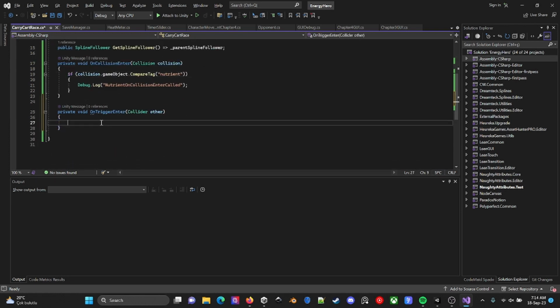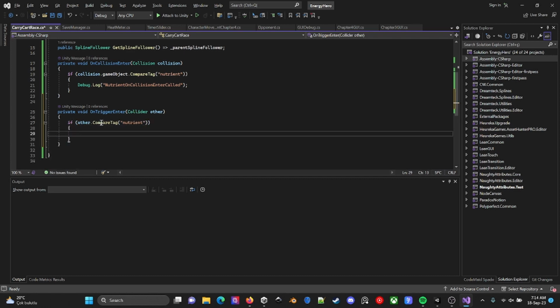If other compare tag equals nutrient, let's just call this debug log for me.